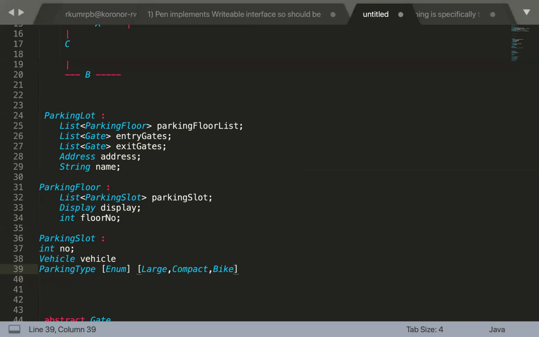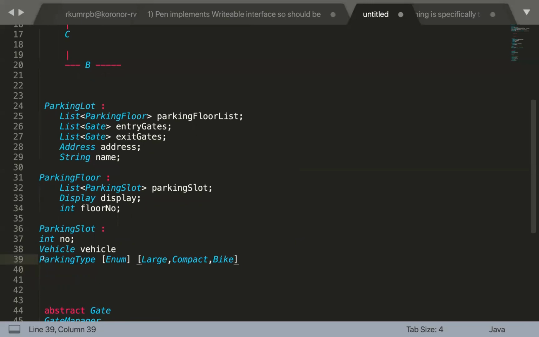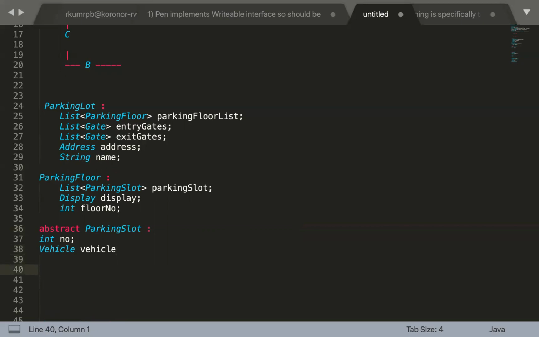But obviously this is a place of optimization. So instead of taking this parking type as an enum, what can we suggest? We can create multiple classes of this parking slot. You have the abstract class parking slot, and multiple different types of slots can extend this, because there is an is-a relationship.